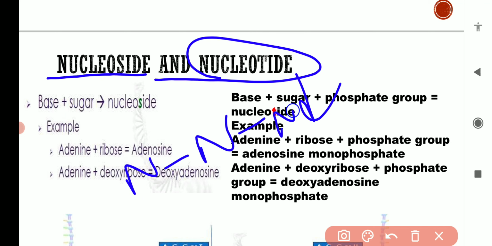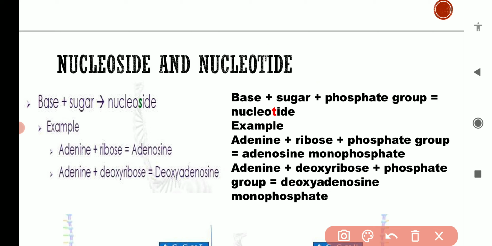Okay, it is the singular unit of a long DNA molecule or long RNA molecule, but its different components, we know that a sugar molecule should be present, a phosphate group should be present, and a nitrogenous base should be present. So it is a nucleotide. But what is a nucleoside? A nucleoside is basically when only base and sugar are present.